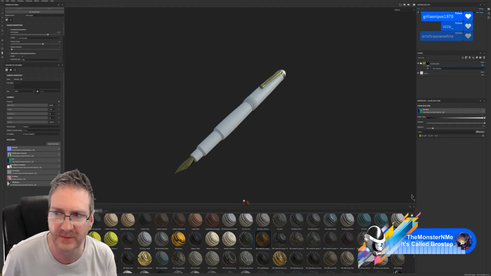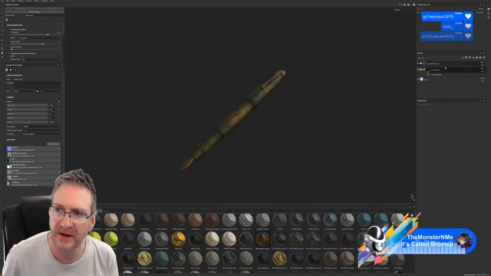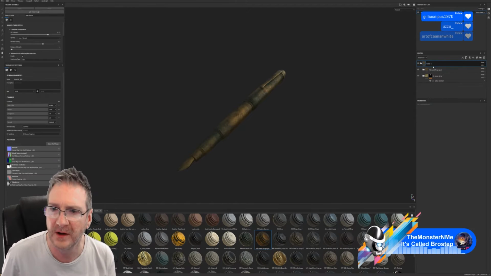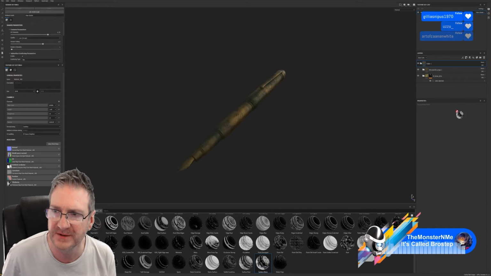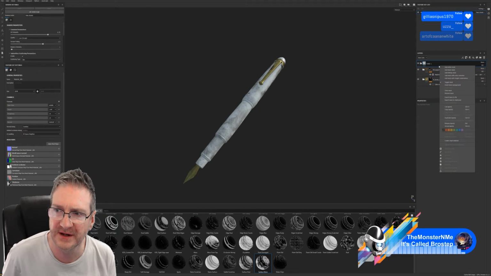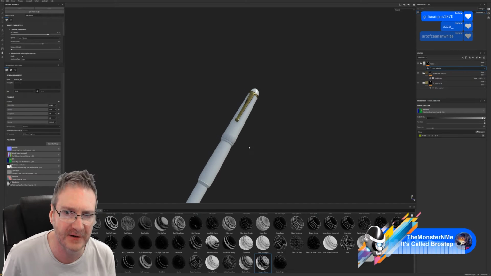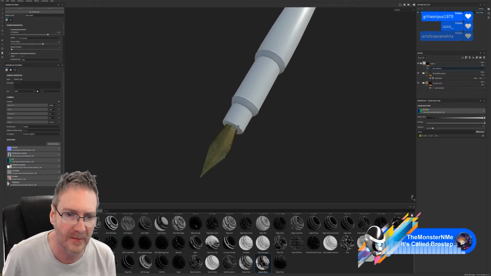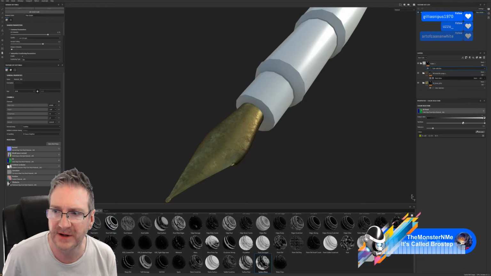Let's have a look at this one here. And again, I'm going to group both of these together. We're going to delete the blank layer at the bottom. And I'm going to throw a smart mask. Let's go with the surface worn. Again, I'm going to mask with color selection on the group, so we're not getting distracted by everything. Let's play with our mask.